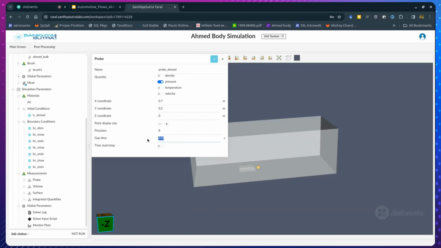So this gap time I will specify in terms of the simulation time itself. If you want to run your simulation for 1 second and you specify a gap time of 0.1 seconds, then you will essentially get 10 samples for whatever measurement that you specify the parameters for. So here I'm just going to give a really small time so that it prints at every time step so that we are able to monitor it at every time step. I'm going to save these settings,